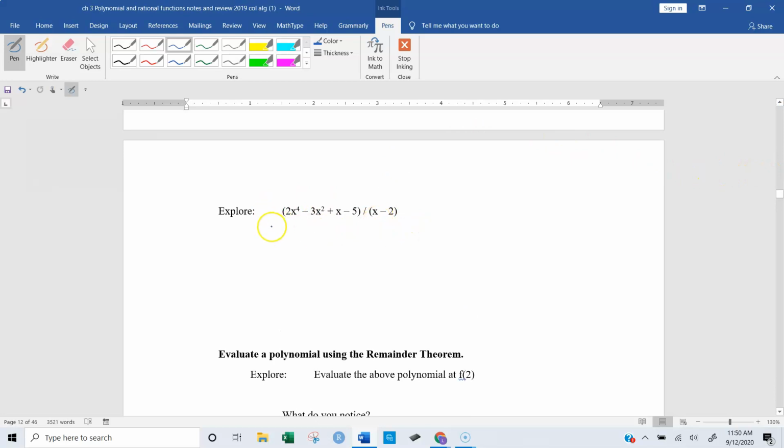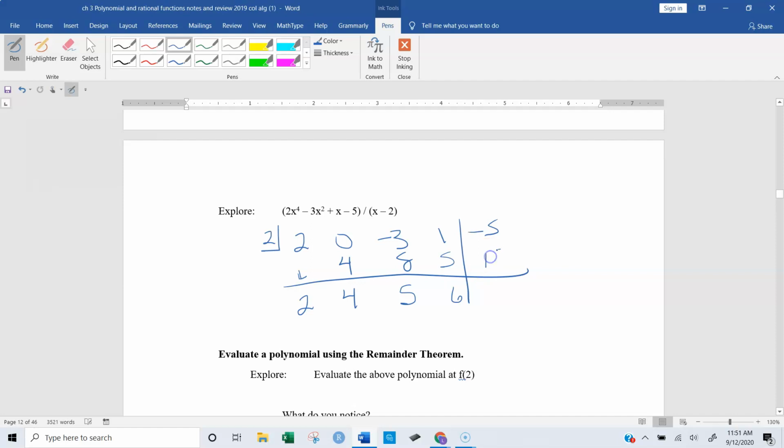Okay, when you did yours, it was a negative 2, so you should have had a 2 here. You have 2x to the fourth, no x cubes, minus 3x squared, 1x, and negative 5. This is our remainder. Drop the first, so 2, 4, add, multiply, add, multiply, six, 12, and we are going to get a remainder of,